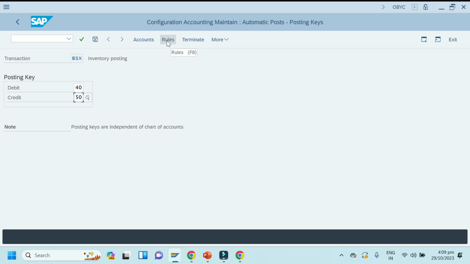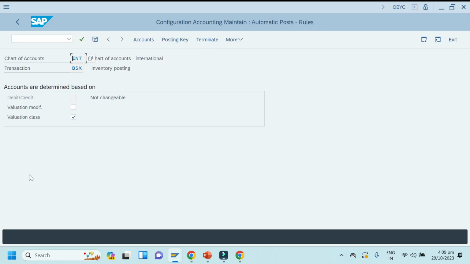Go to rules. Here we have rules. Select valuation modifier if we need, but we don't need it for now. If you need, you can select it, but for BSX we do not have any valuation modifier, so no need to type it here. If required, you can do this one.